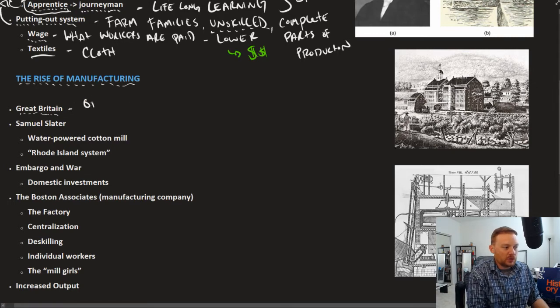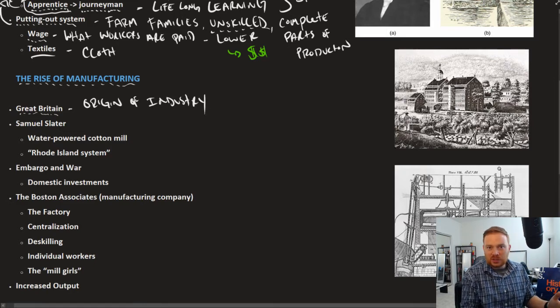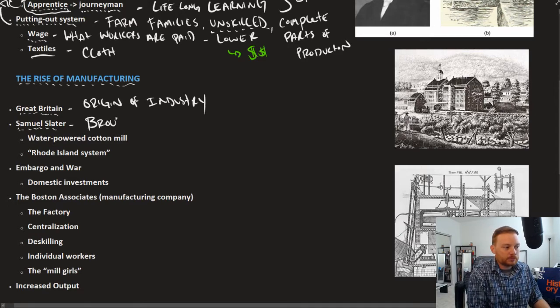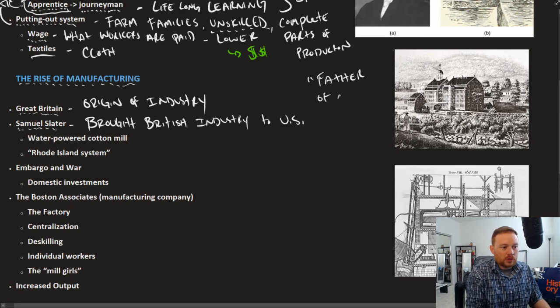So Great Britain, we could call this the origin of industry. All right, that's where the very first steam engine had started, and some of the very first manufacturing facilities were created. Samuel Slater, I believe he was a British factory worker, but he brought British industry to the U.S. He's sometimes called the father of American